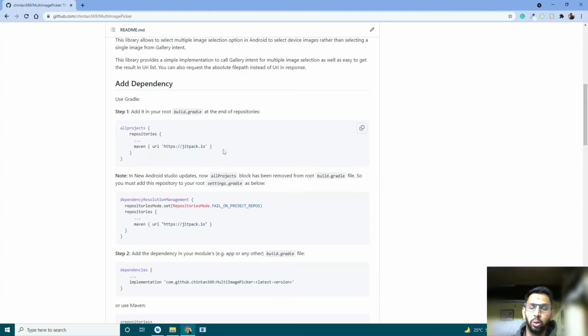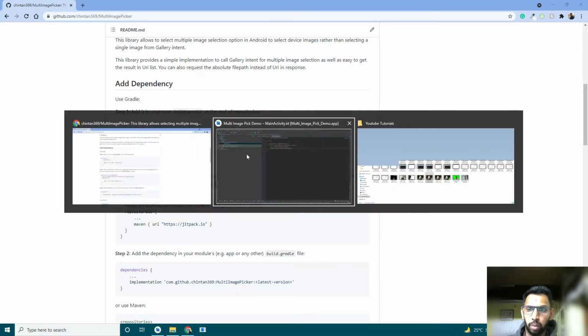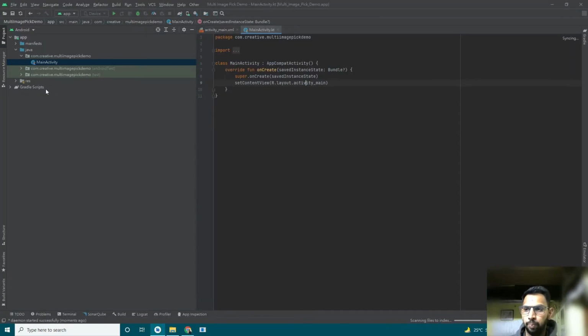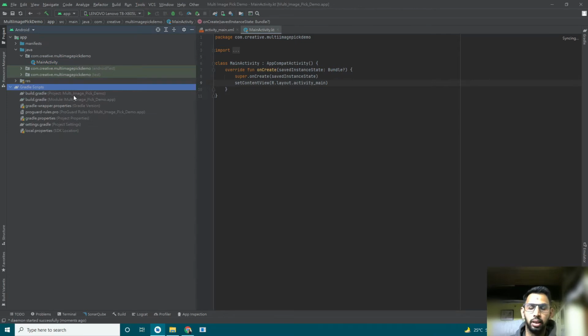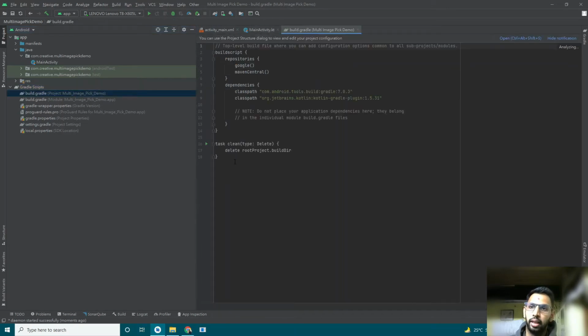If you are going to create a new project from a new Android Studio, you must know that the allprojects block has now been removed by Android Studio from the root build.gradle. If you can see here, there is no allprojects block. So where can we add our repository for this project?